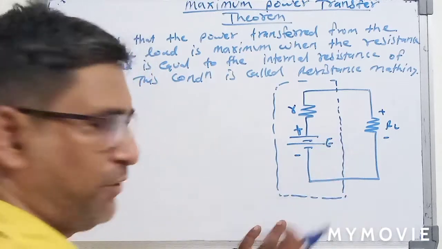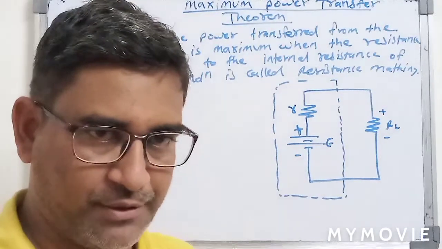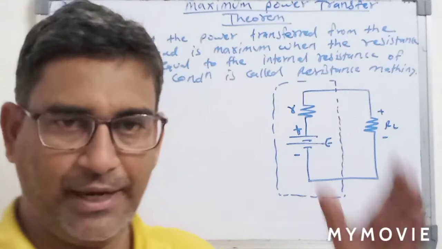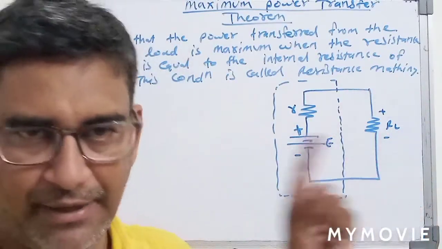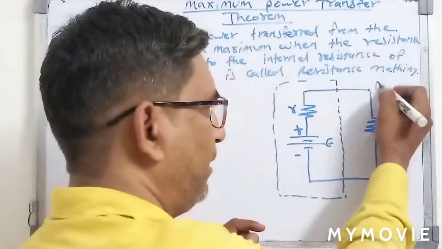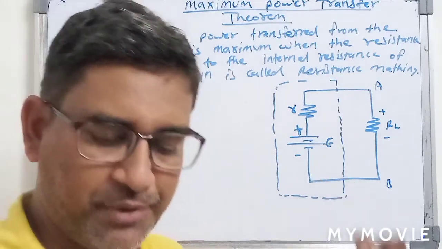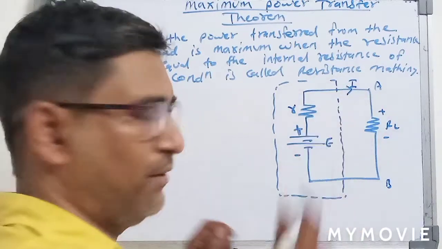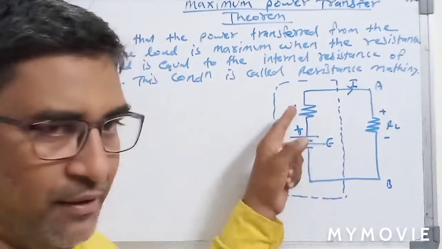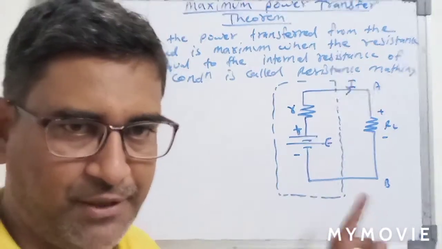It is in the book, students. This dotted boundary shows that the internal resistance is connected across the terminals A and B of the source. Here are terminal A and terminal B, and the direction of the current in this circuit is indicated with the current I. It gives you the direction of the current.